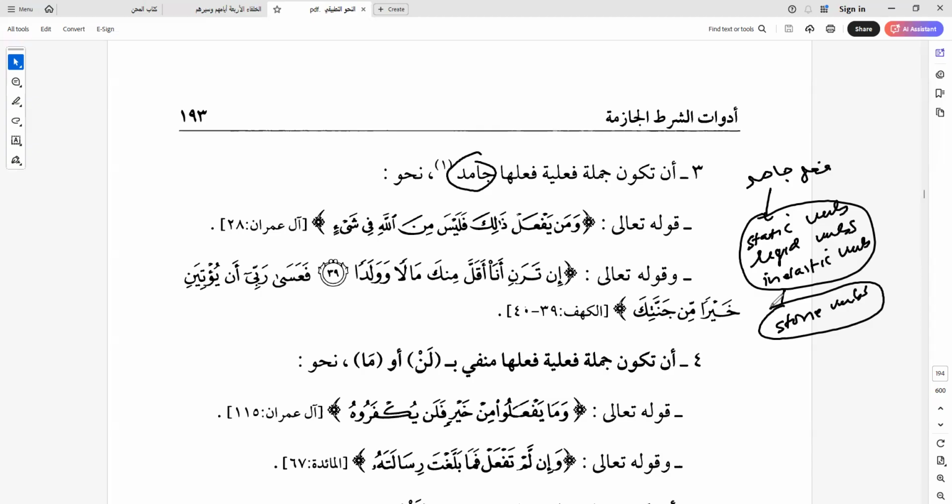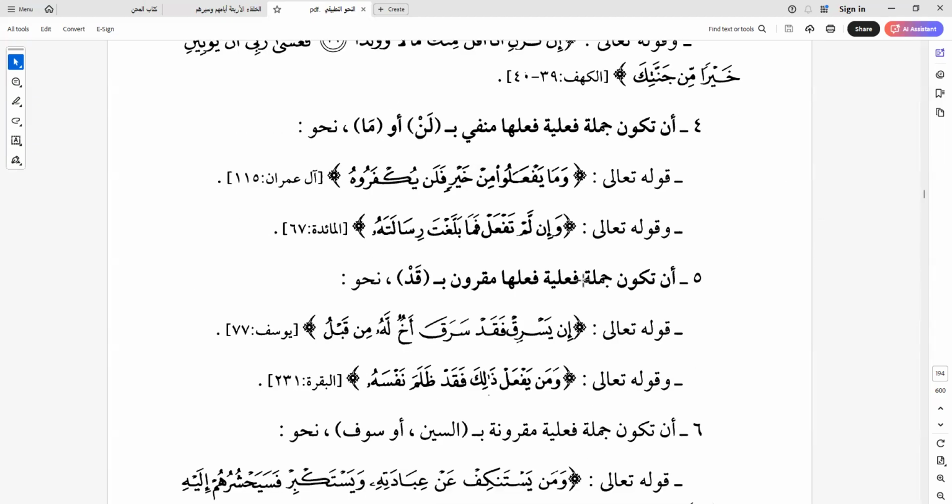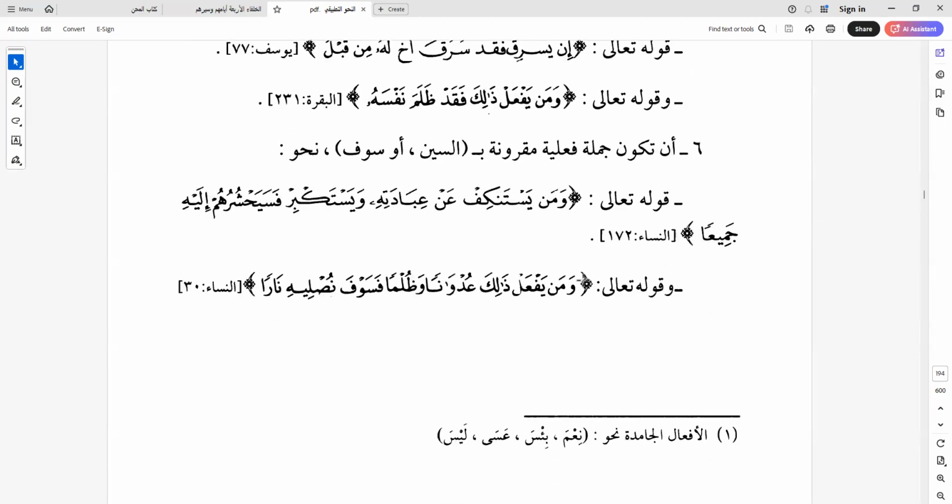But it's basically a verb. Fi'l jamid does not what? Does not conjugate. It stays the way it is. And there are few in Arabic. So let's look at a footnote. There are very few, about 4 of them in Lughat al-Arabiya, so you can remember them. 4 of them. These are what we call af'al jamida.